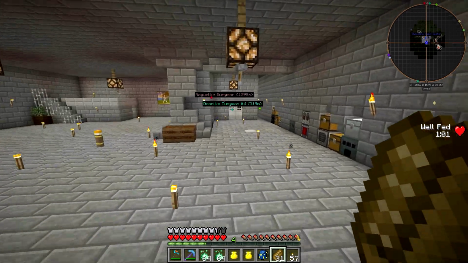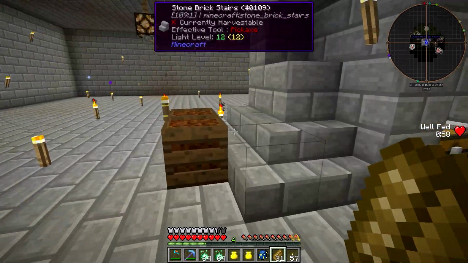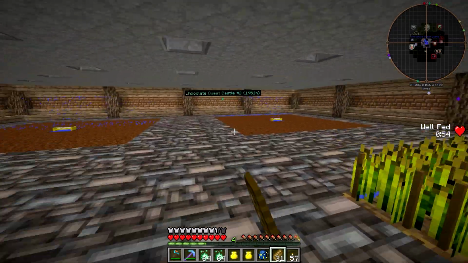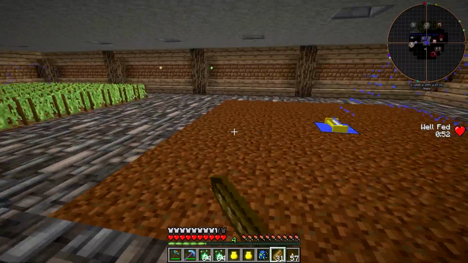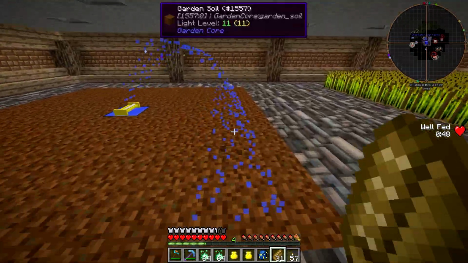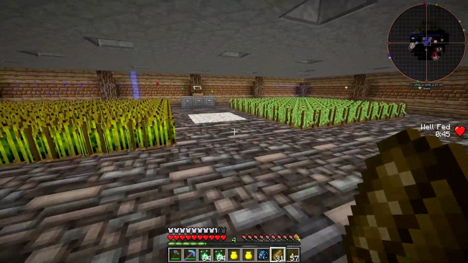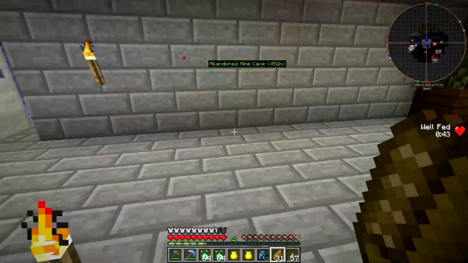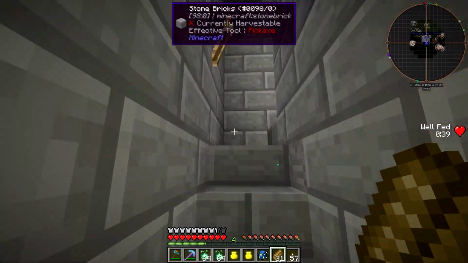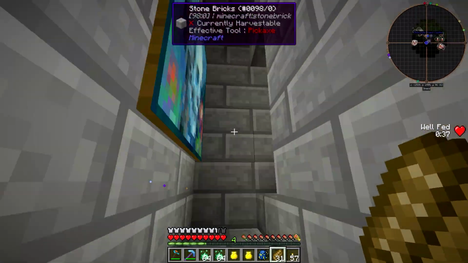So, during the little break there, I made a bunch more of the compost, which we'll use later, and I added another section to this garden area for magical crops, and this is garden soil. Now, we will need to till this before we actually plant any magical crops in there, but we'll get to that in a sec. So, to kind of get started with magical crops in this mod pack,